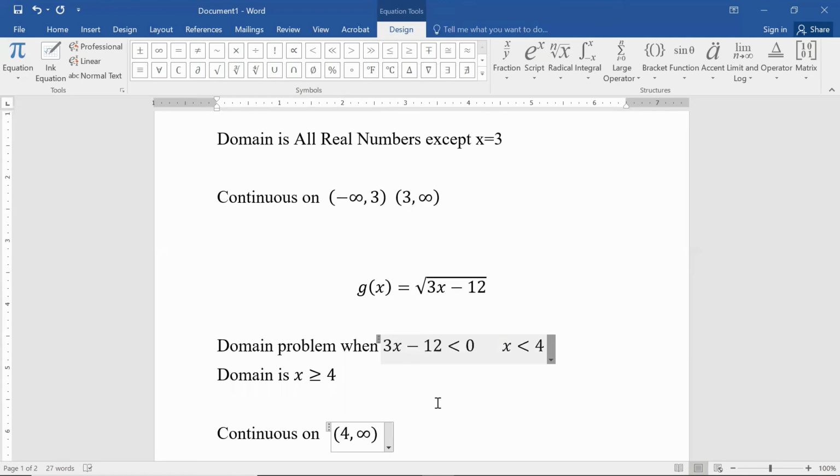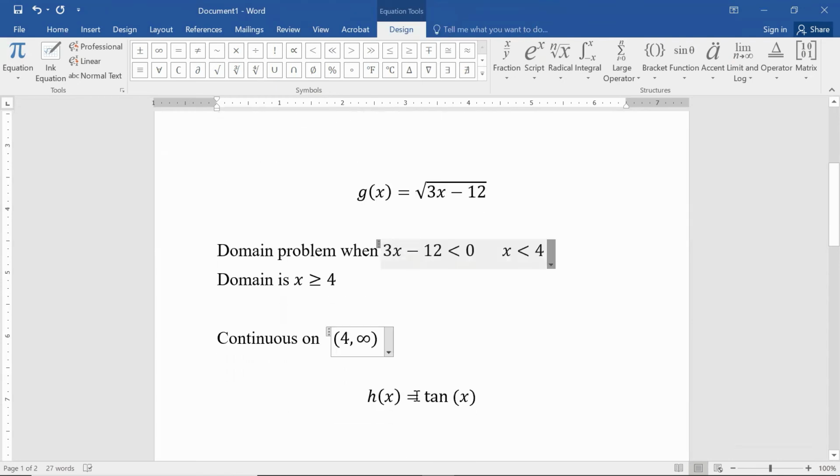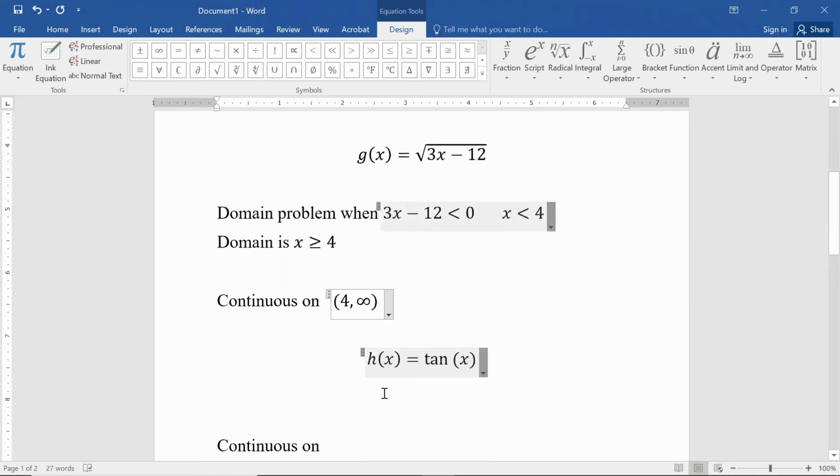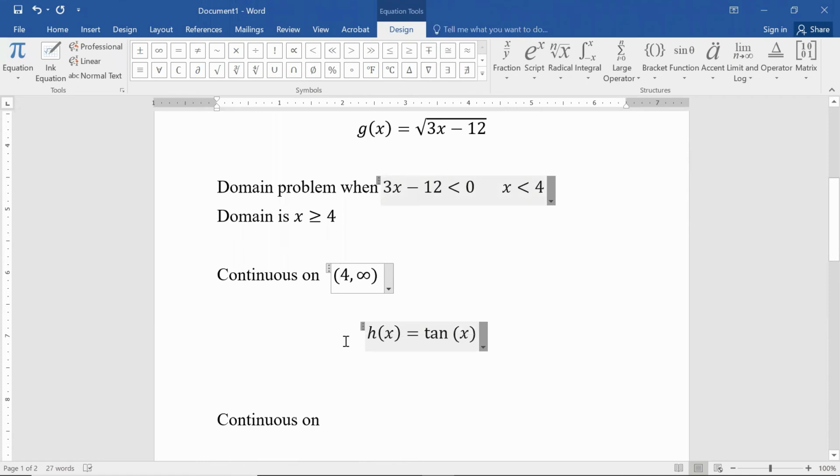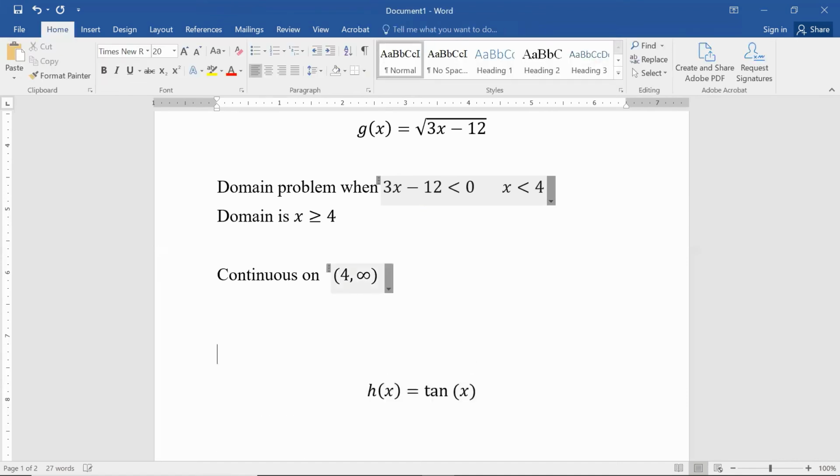Now, if you wanted to be more precise, do you say, can we include 4? Well, you could include 4. That's perfectly okay. Some people do and some people don't because of the nature of how 4 hits, because you can't approach 4 from the left because there's nothing in the domain. So some people include 4, some people don't. I'm not going to be super concerned if you include or do not include 4 there.